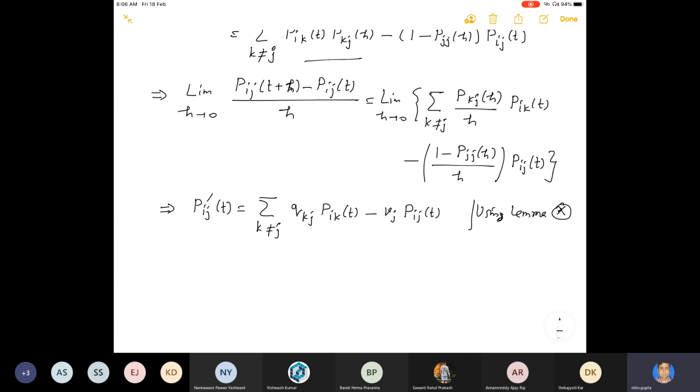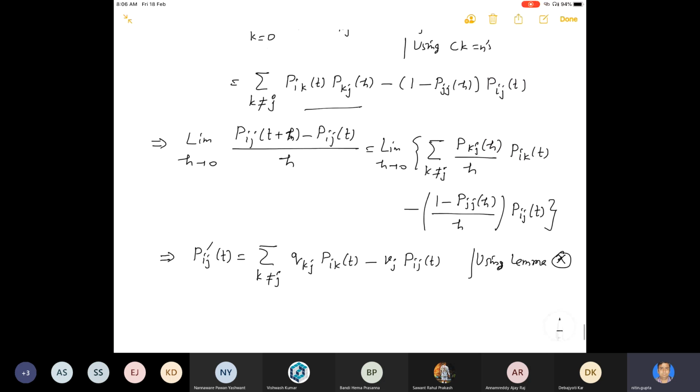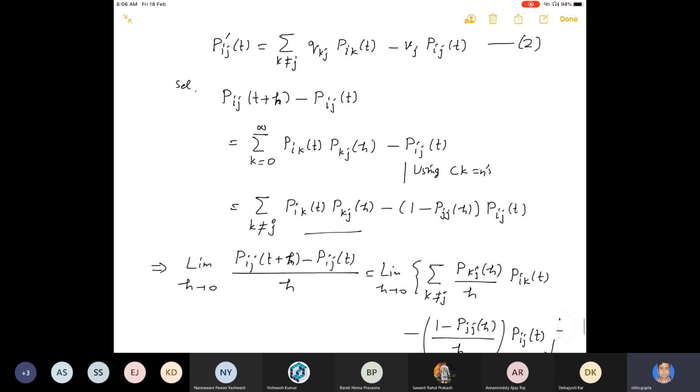This is the result we want to show: Pij prime t is summation k is not equal to j, qkj Pik t minus vj Pij t. So this is the Kolmogorov